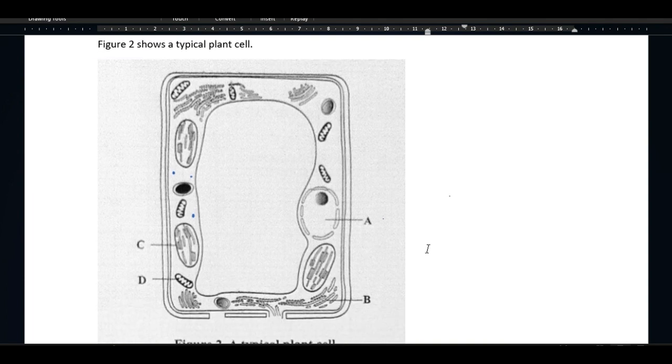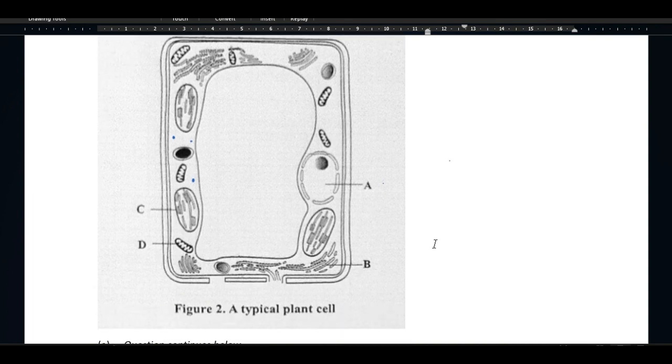So you'll notice that the question says the diagram is showing you a typical plant cell, but even when we look at the title, it just says a typical plant cell. It does not indicate whether it's a typical plant cell as seen with a light microscope versus as seen with an electron microscope. So that is something we need to pay attention to, because now we have to ask ourselves,